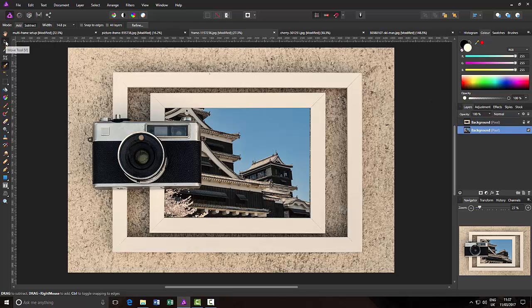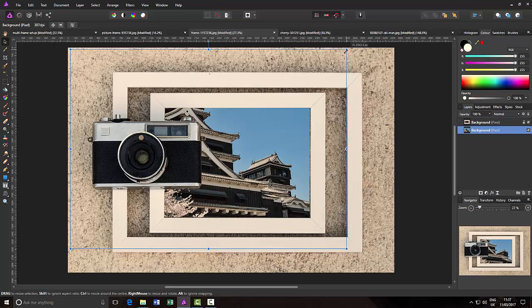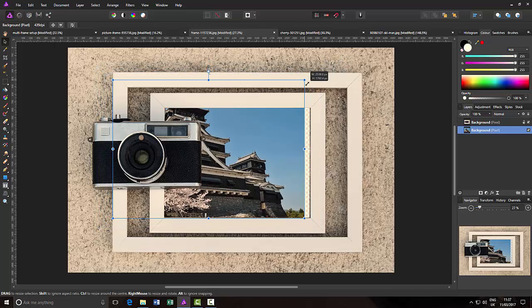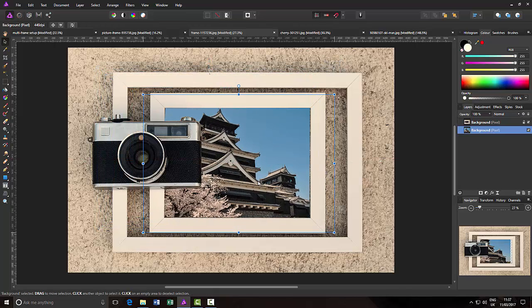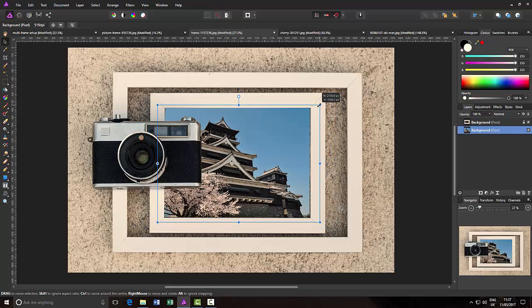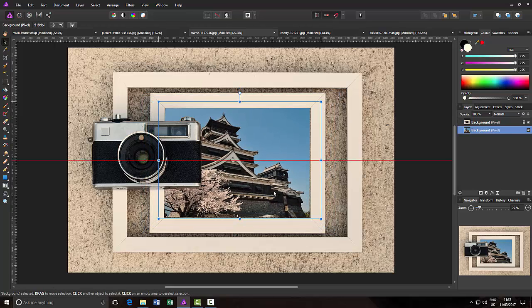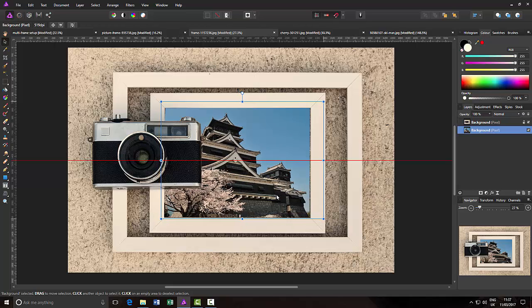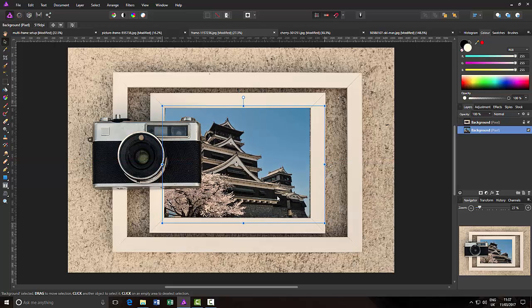and come to the move tool, I can then hold the control key and reduce the size of this, and then just keep altering and moving it to suit what it is you want this image to show. Alright, I will leave that there a second, and I'll just do a quick zoom in,